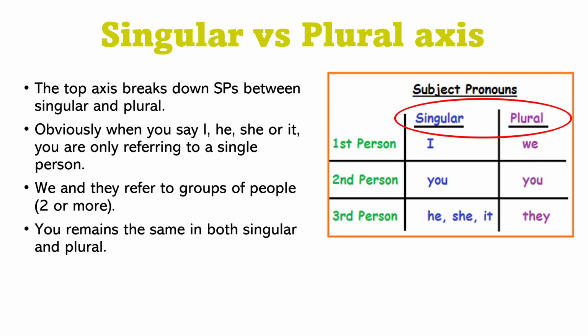So subject pronouns do make a distinction between singular and plural. Obviously, you is the same in English. If you're talking to someone, you say you did this, but if you're talking to a group of people, you can still say you did this. But that isn't the case in probably most languages. They use a different version of you for singular and plural, so that can throw people off. But it's not that hard. You can probably kind of see how you could be different in the plural. They just use a different word when they're addressing a group of people instead of one person. We and they refer to groups of people as well, 2 or more. And I think that's all there is as far as singular and plural goes. That's pretty easy to understand.